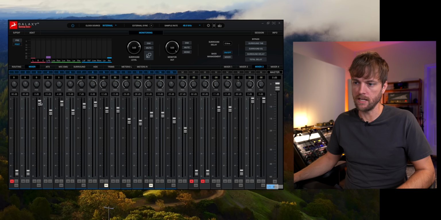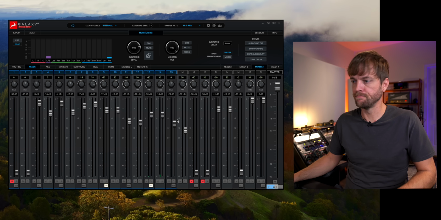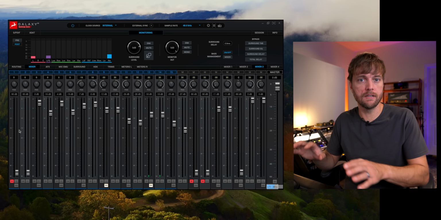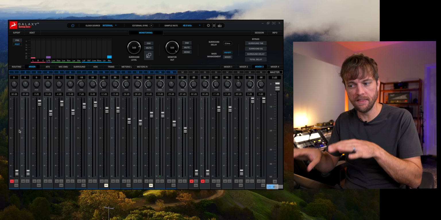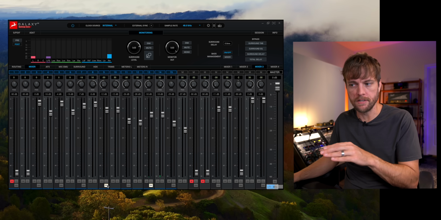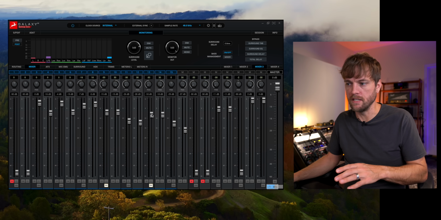So I've got kick in, kick out, snare top, bottom, toms, overheads, hat, ride, rooms, and mono drum kit right here. So this is my drum input blend. All of those mics show up here and I can blend them. Some of them are paired in stereo, so I can raise overheads or rooms easily